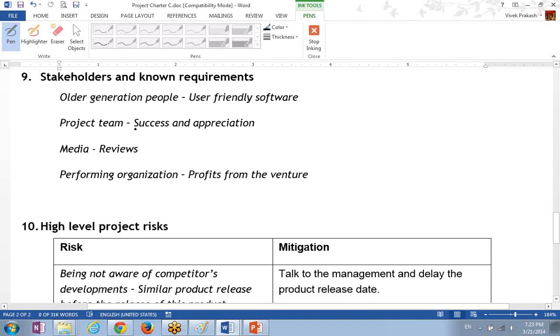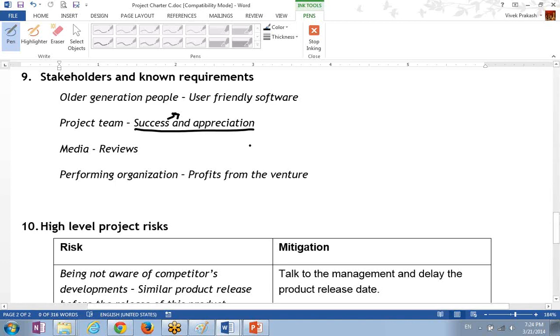I will say a little about that success and appreciation. What is success? Actually, we need to tell what will make this project a success. Okay, you mean how will you say that the project has succeeded? Meeting the user requirement specifications. Yeah, but